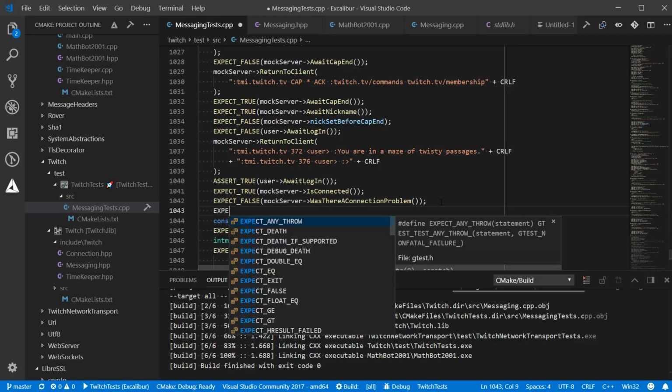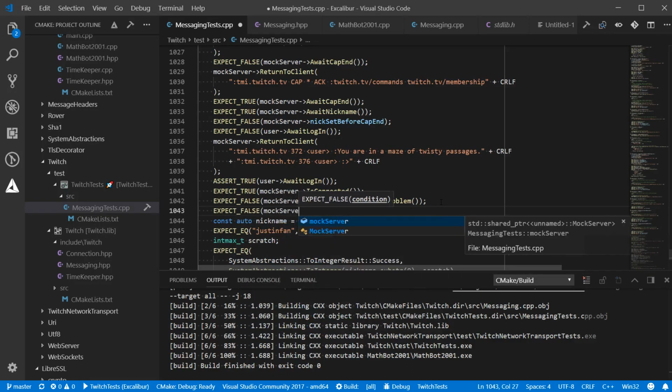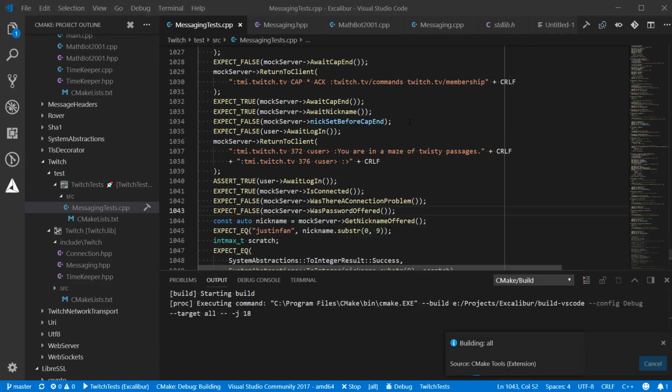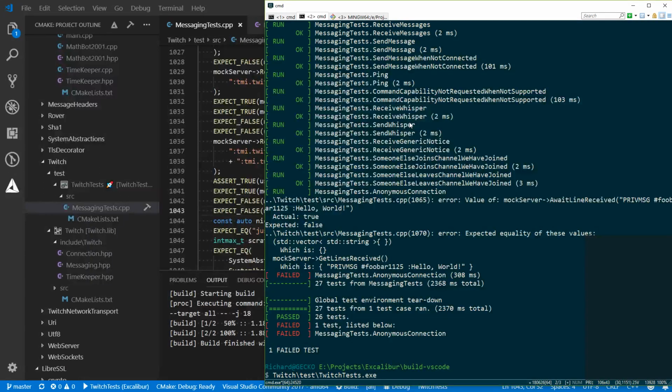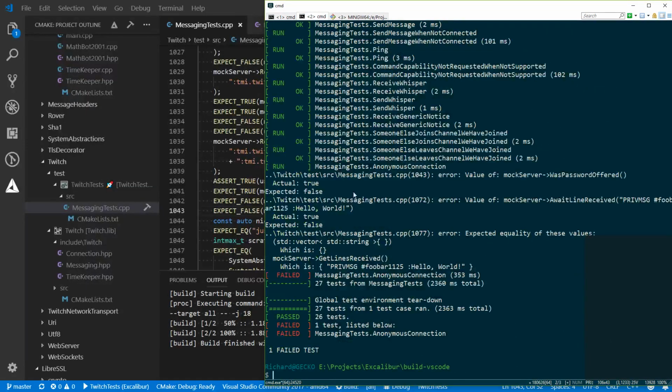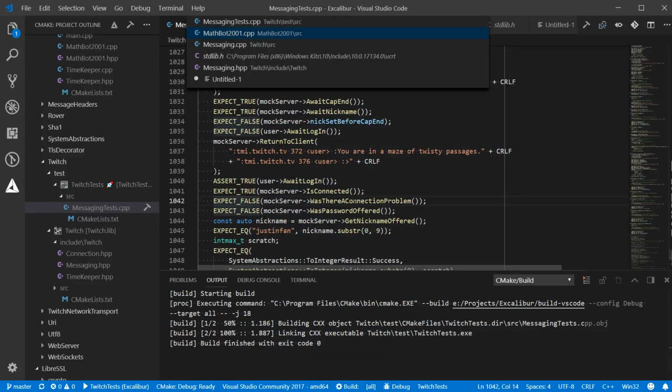Right, so expect false to was password offered. Now it should fail earlier. Right, so it was offered a blank password basically, and then the send message goes through. We see that in two places. Yes, okay, so